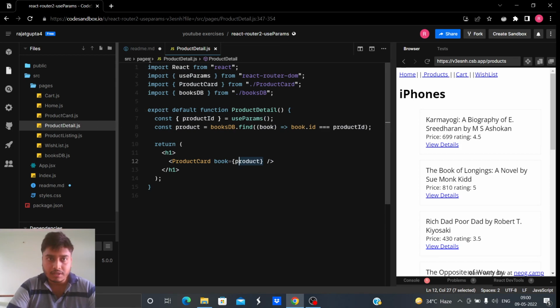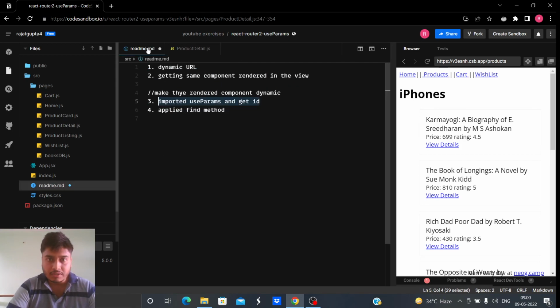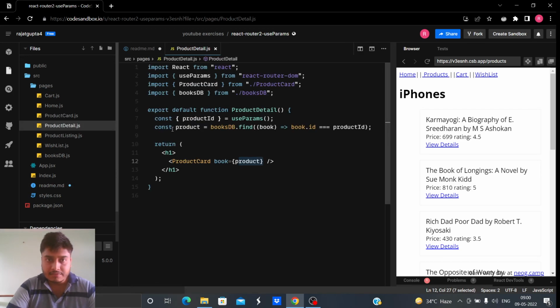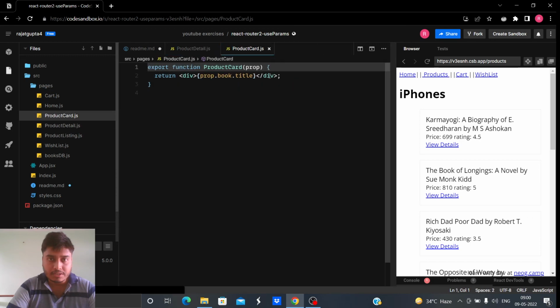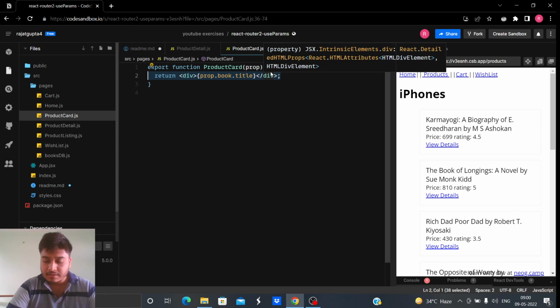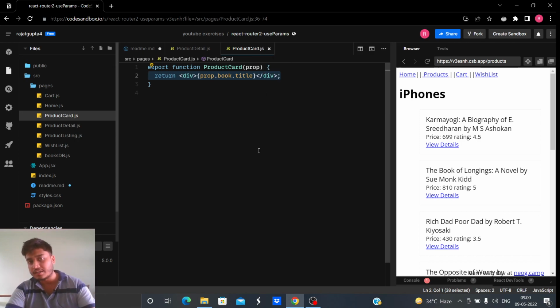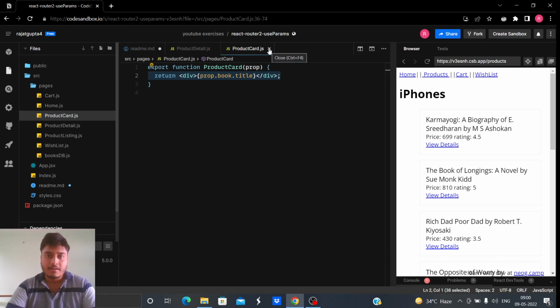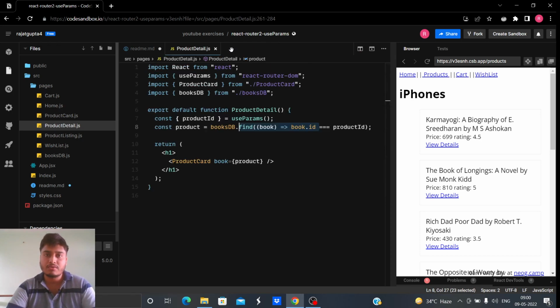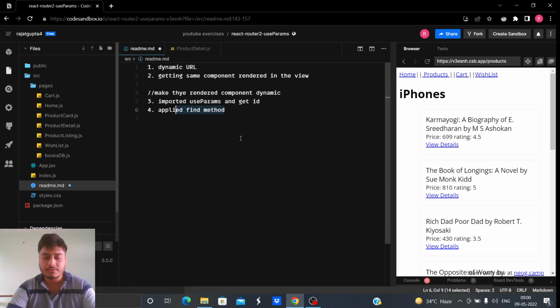Now we applied the find method, to find that particular product and pass it to product card.js to display it according to my needs. So yeah, that's how useParams works.